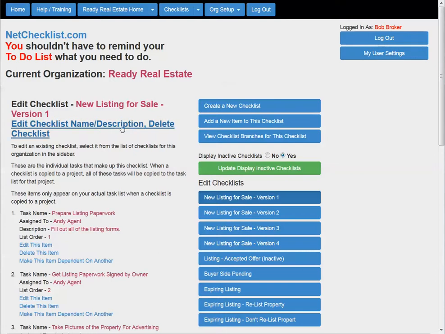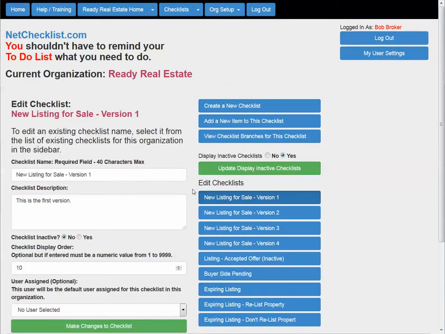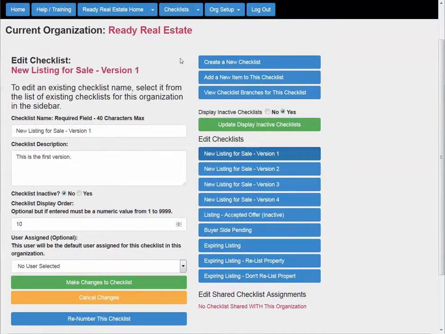If we come back up to the top of the page and click the link to edit the checklist itself, then we are taken to the edit checklist page. Here we can change the name of the checklist. We can enter a checklist description, which is optional. We can check here whether or not a checklist is inactive. We can change or enter a checklist display order, and we can set a user assigned. Now the user assigned, the display order, and the description are all optional fields, so you don't have to enter